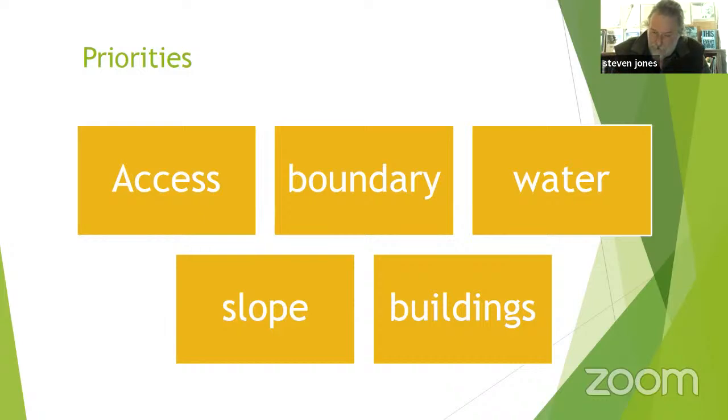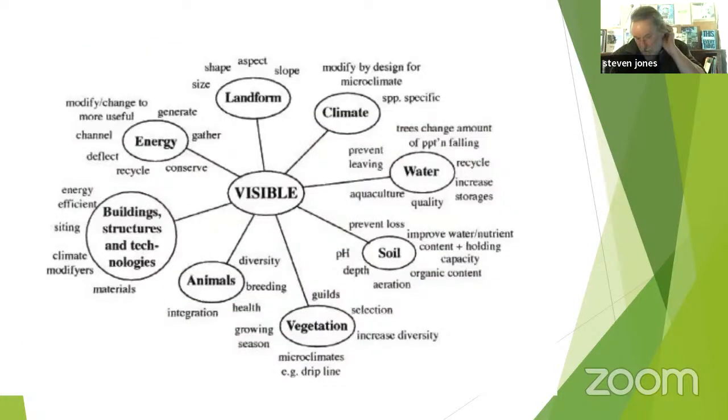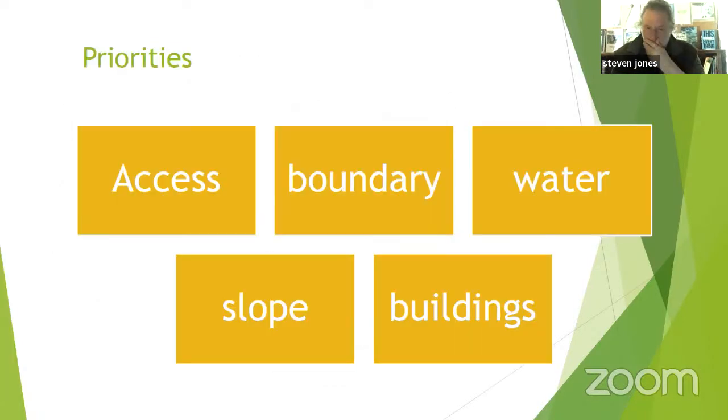So be clear about the boundaries of the land, that we can get to it, awareness of whether there is or isn't water, how water moves on that land, understand its shape, its slope, and having thought a little bit about whether we need buildings, whether there are buildings there, or the possibility to create buildings in the future. So